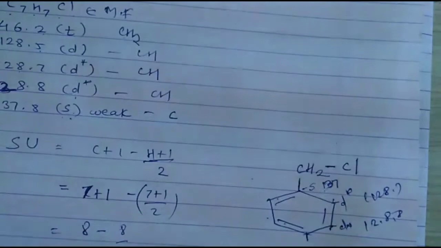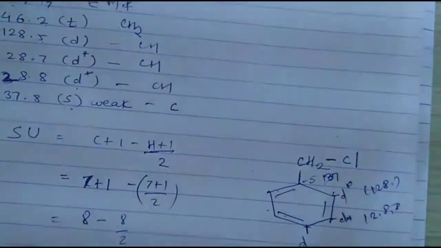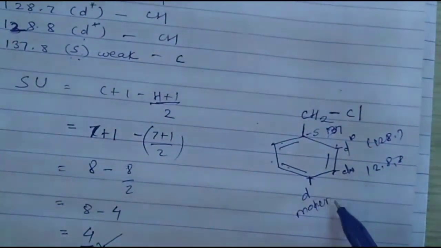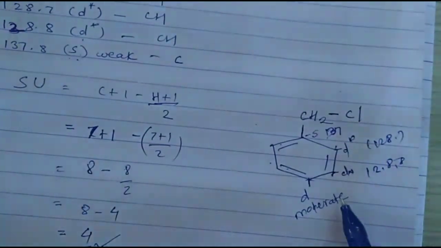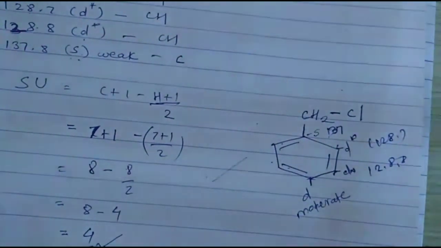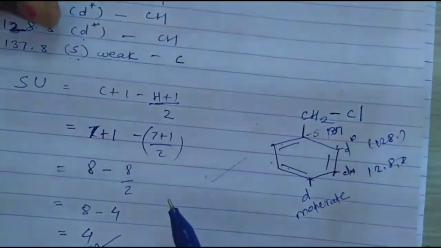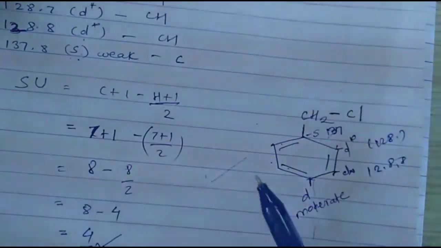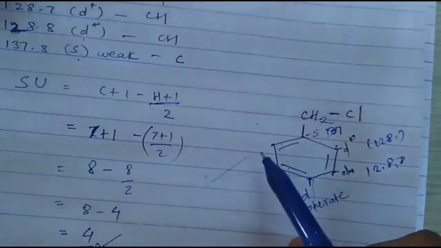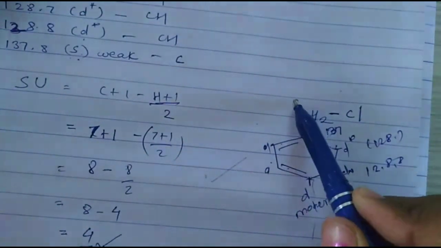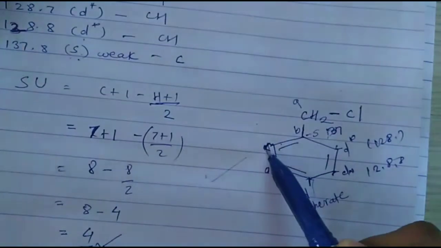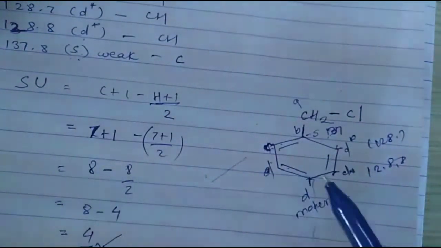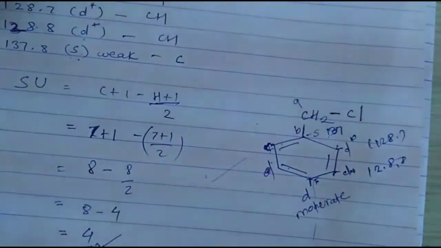These are the moderate ones, and this also gives a doublet, but it is a moderate carbon. This is the structure. Here they give us 5 values, but how many carbons are there? 7. That means there are symmetrical carbons. If we apply the symmetry, how many types of carbon are there? This is A type, this is B type, this is C type, both of these C, this is D, and this is F. That means 5 types of signals are given by this molecule.